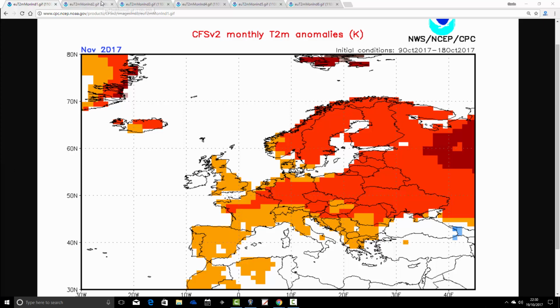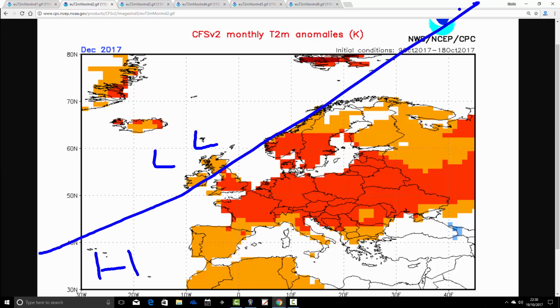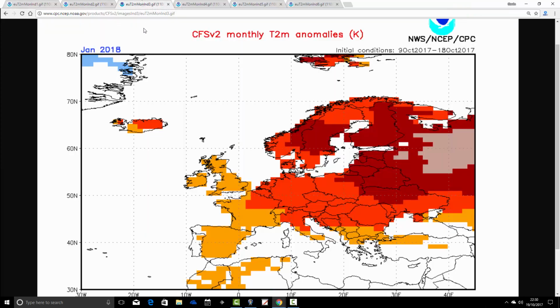If we have a look at December, so here we go again in December. If anything, it's even stormier with low pressure around here. High pressure is down there, and again bringing the flow in from off the Atlantic like that. Lots of wet, stormy and mild weather in December. January, the first month of 2018,